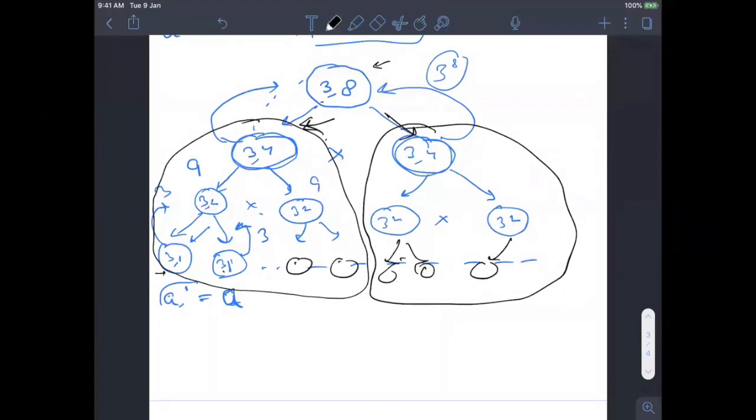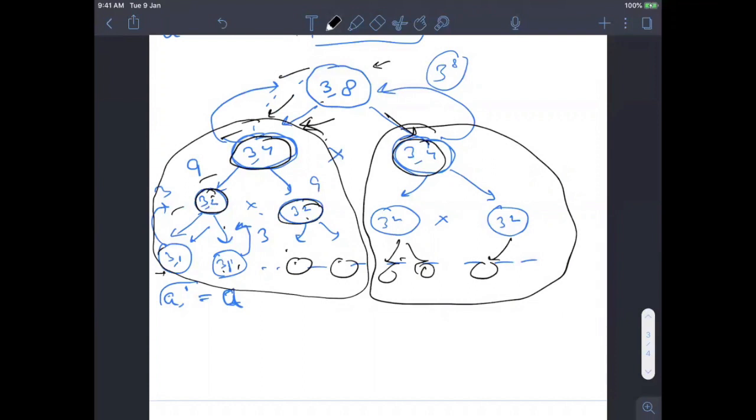First we calculate this, then this, then this, and like this, and only then we go to the right subtree. So this part will be calculated first, and then this. So it is already calculated. Why do I want to calculate it again? So let's try to optimize our code, and you can see it for many things. Like 3 to the power 2 is here, 3 to the power 2 is here. So why am I calculating it again?